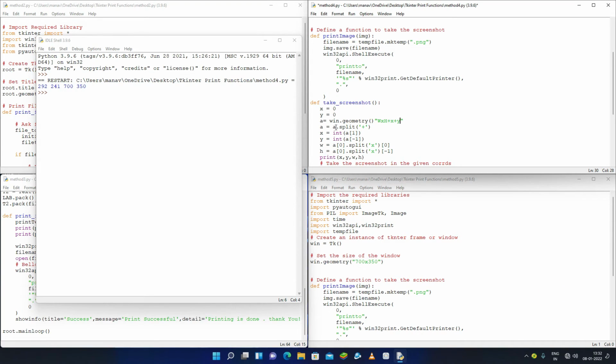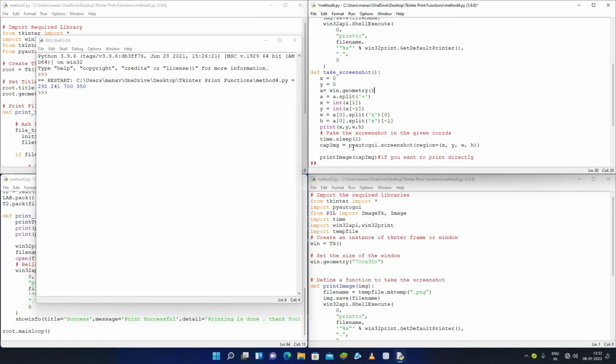I'm getting all of it, and then I'm splitting first with the plus, so X and Y will be extracted, and then W x H will be extracted using the x. Okay, so I'm getting X, Y, W and H, and then I'm calling the PyAutoGUI.screenshot method, and under this the region will be passed as X, Y, W and H. Then it will be converted into one image.